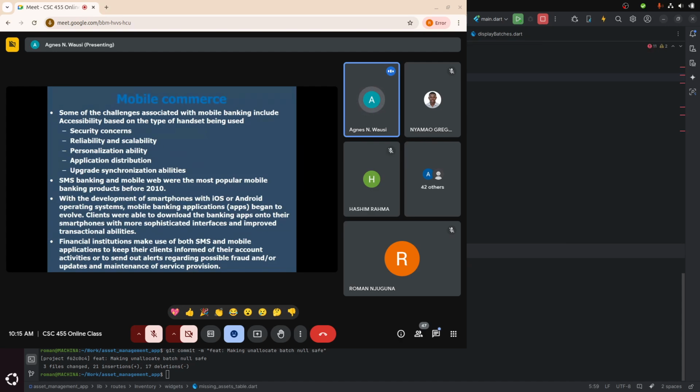But of course, once you get very used to the mobile applications, they are more user friendly and all those other things, as compared maybe perhaps to the USSD or SMS based, where you have to be keen not to make mistakes. Yeah. So that's why you will find that even as mobile applications are being adopted and all that, it is always important to have the USSD or the SMS based version for that.